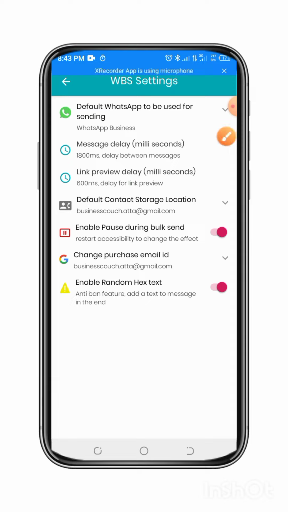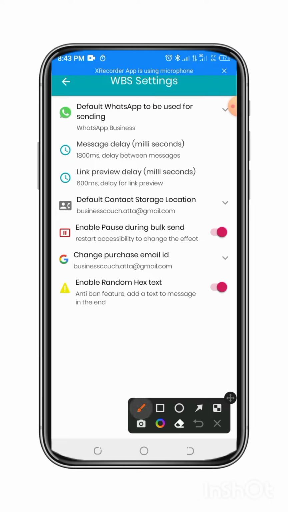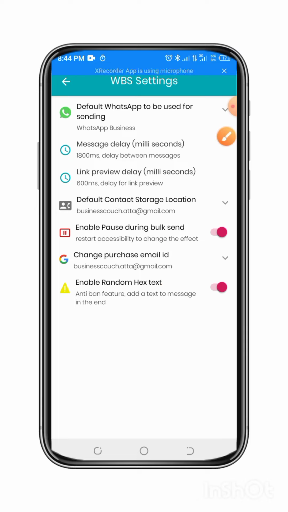Then the second setting we have to do is this: enable pause during box sending. This is very important to do, because if you do not put it on, you will not be able to pause the sending. You see, it will send the messages one after the other. So let's say you are sending about 1,500 messages. You will not be able to pause it. It will continuously send till the end. So you would like to put in the pause button,